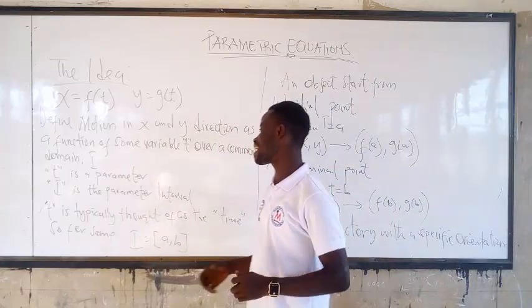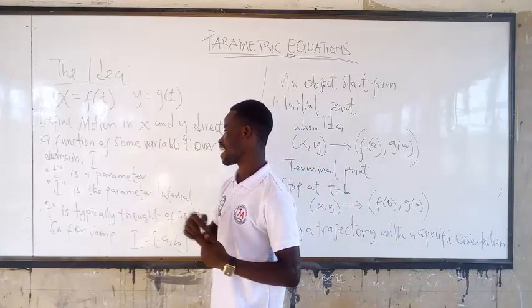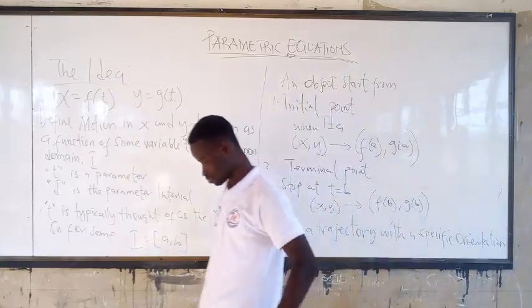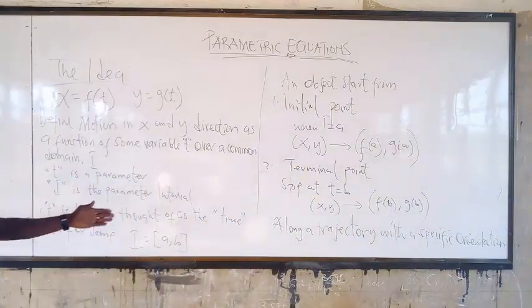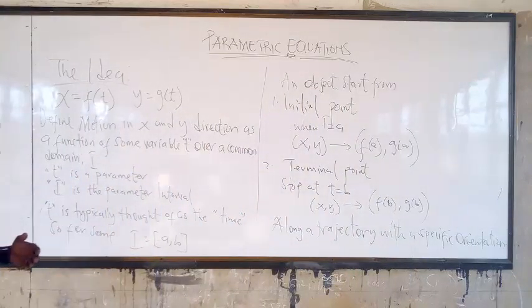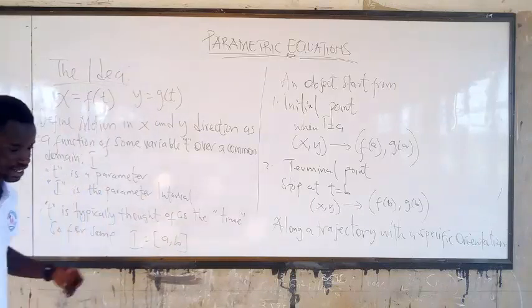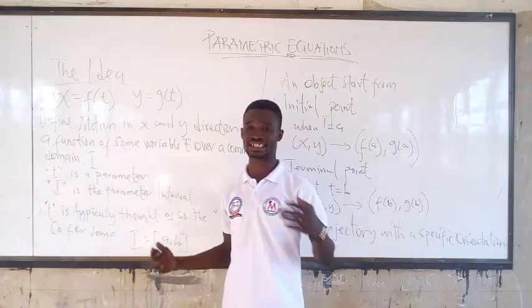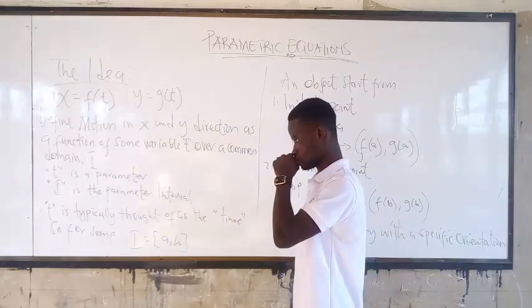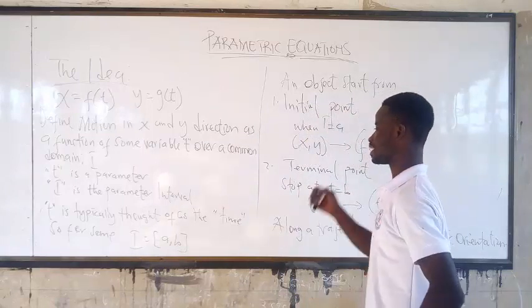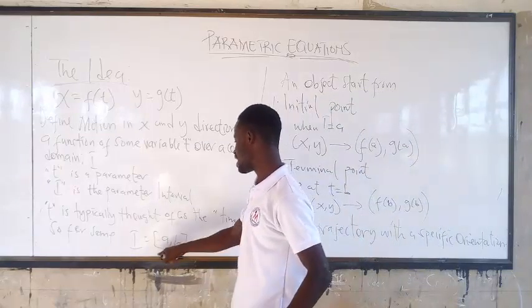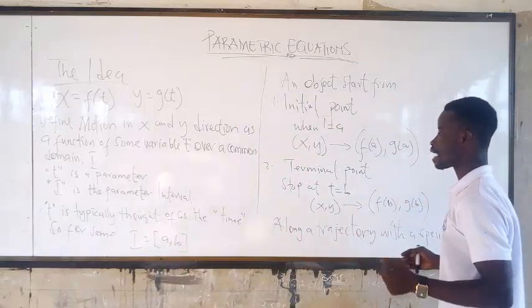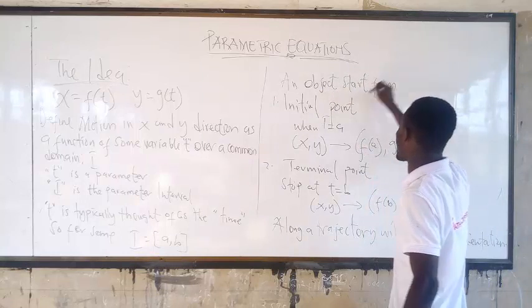The t is the parameter and the I is the parameter interval. Good. T is typically thought of as the time. So the t is what we are taking to be the time, or we are taking it to be a time. So for some interval, let's say a, b. It can be 2, 3, 4, 5, anything. So for some interval, an object starts from